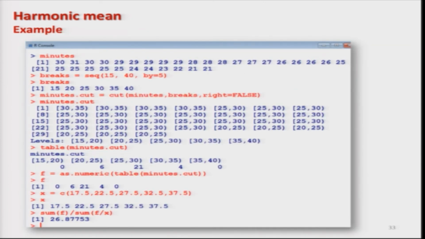If you do all of this in the R software, this is the screenshot, and you can see this is exactly what you get: the value of harmonic mean in case of continuous data, and before that you have got all the values, like the f vector will come out like this, and so on.